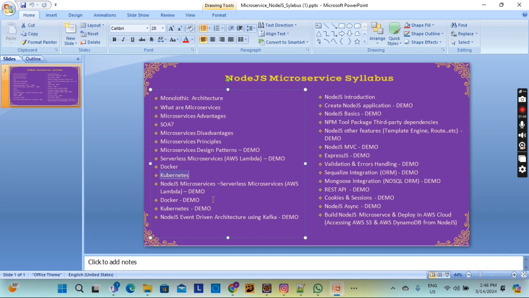And then the Docker demo, we will cover all the demo sessions, and the Kubernetes demo, how to use all the services of Kubernetes. We will execute all the Kubernetes commands in the demo and show that. And then Node.js event-driven architecture, how we can use Kafka and how we can implement it in Node.js. We will be covering that as a demo. So in all these sessions we will be covering the live demo, and possibly we will ask the students to set up their system, and we will bring them up to